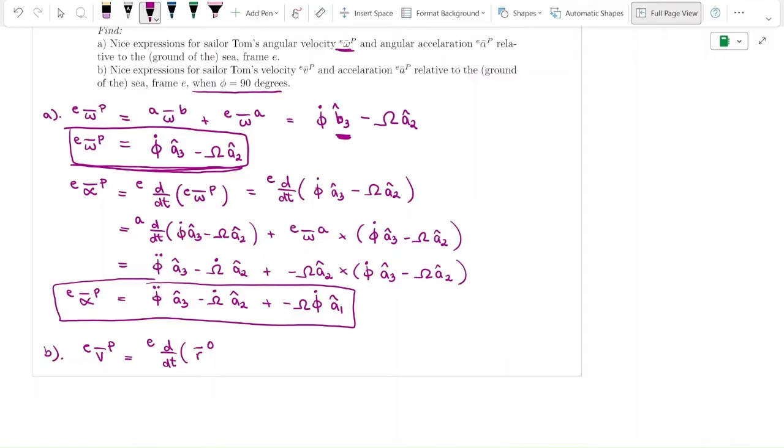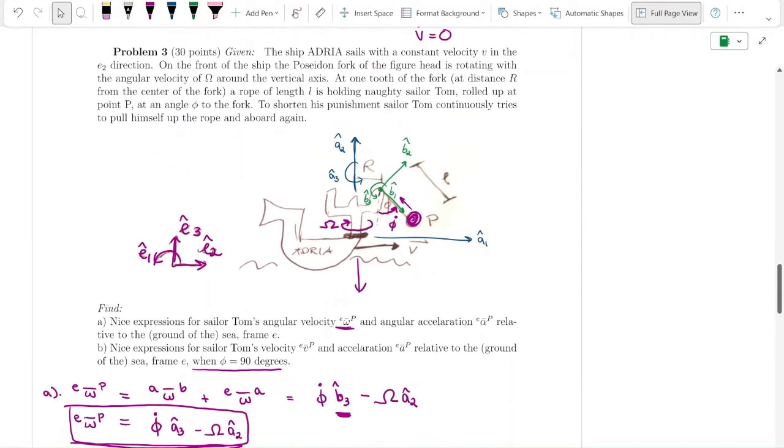So we pick some point O that is fixed in the E frame, and then we draw that to our point of interest, which is in this case Tom, point P. Okay, so we need to find our point O. There's a few things. We want to pick a point O